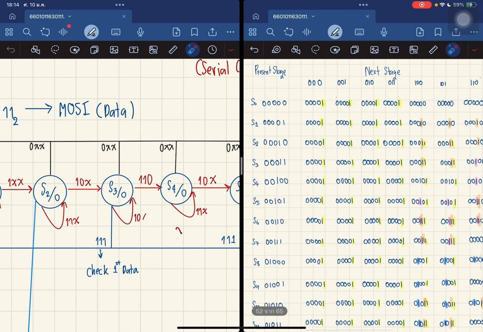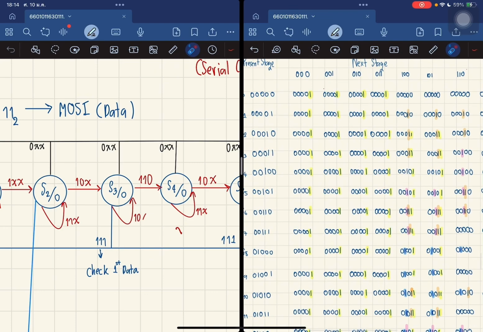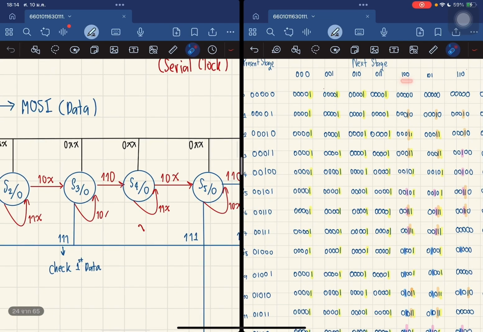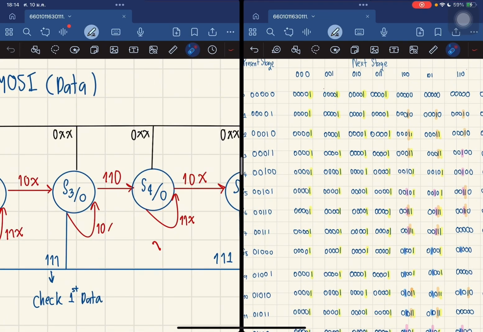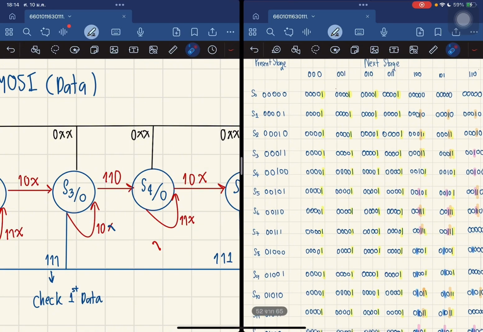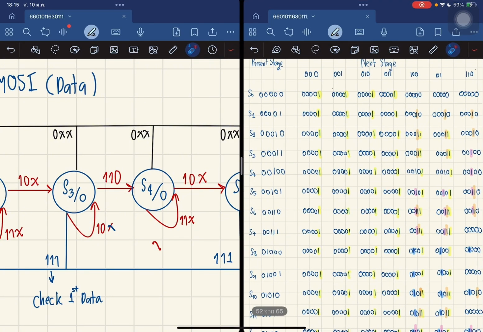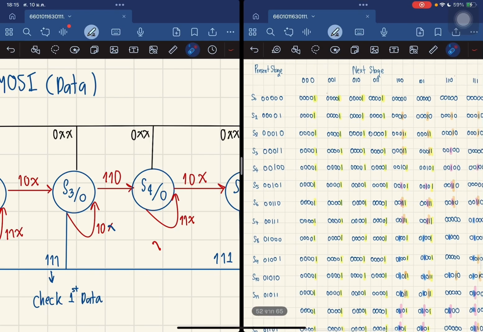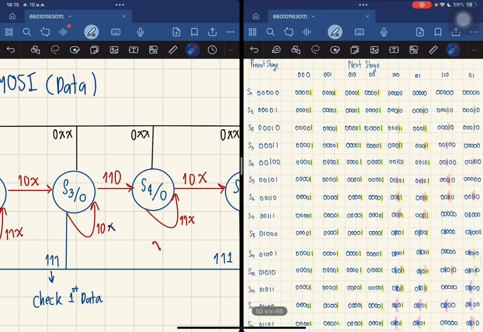But if you are in the case of 1 0 0, oh sorry, 1 0 0, we stay in the same state, state 3. This is my state 3. And we just look like this until